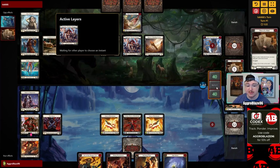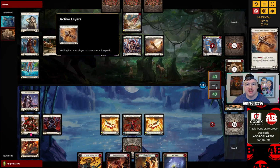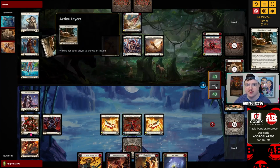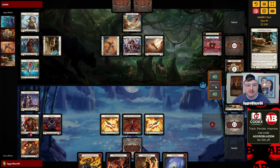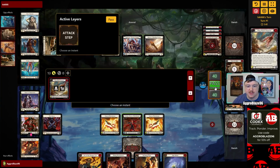Uh-oh, we might be in trouble. I don't think we're going to be able to block if they activate the cannon here. This is coming in for 13 right now. This is quite a bit of damage, and they are going to get a gold out of this. They're taking themselves off of an arsenal, which is pretty good, but...